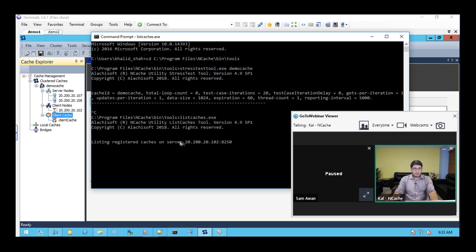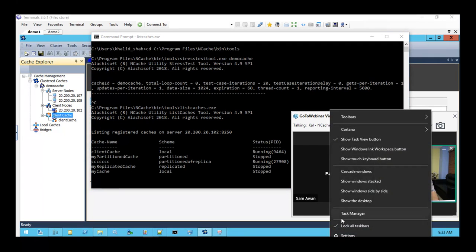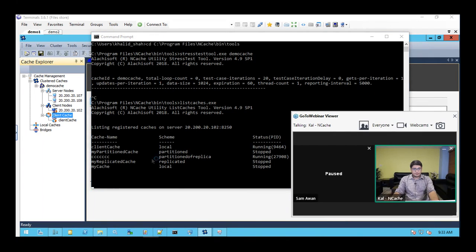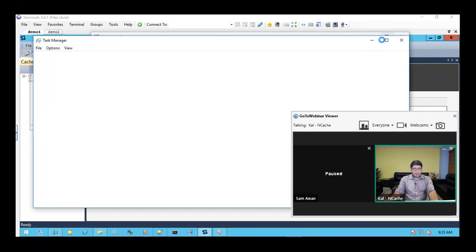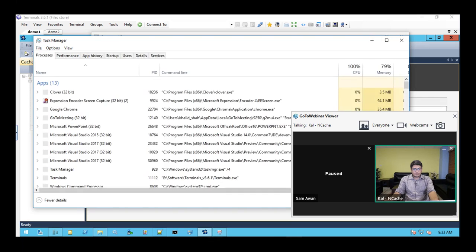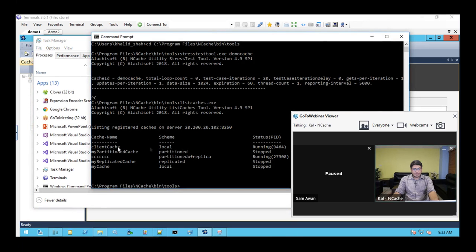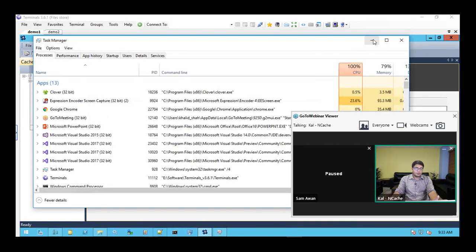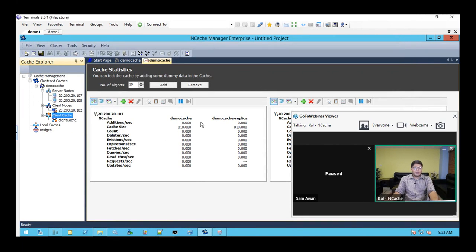Okay, it's displaying the caches present on my personal box. I think in the back it's still trying to enable it for some reason. Yep, it seems to be enabled there. So if we come here, we can see that the client cache is a local cache right here, and it is running. So it is running on my personal box at this point, and we can actually use it now.